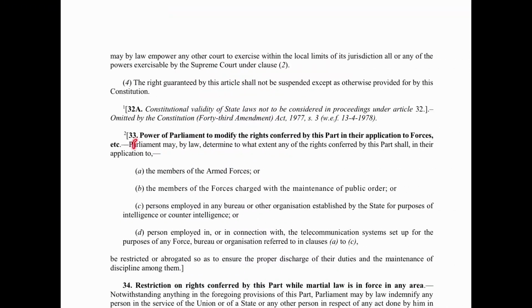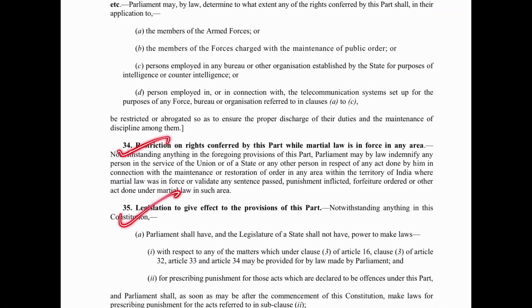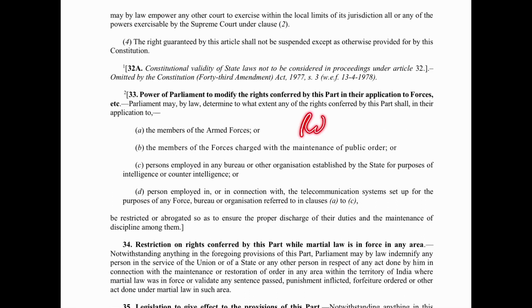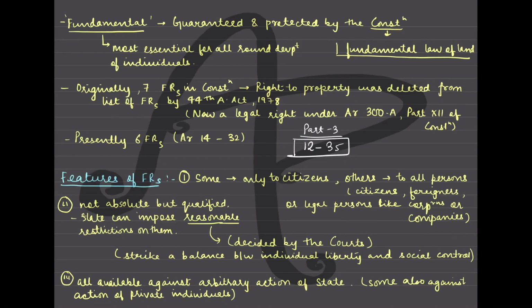तो after that 33, 34, 35 are again the things related to rights, which we'll do. In fact, we'll do it before only. Earlier ही हम पहले ये सब ख़त्म कर लेंगे, then we'll move to fundamental rights. So therefore you do not have to get confused. Part 3 is consisting of the articles from 12 to 35, but amongst them only the fundamental rights are dealing 14 to 32.